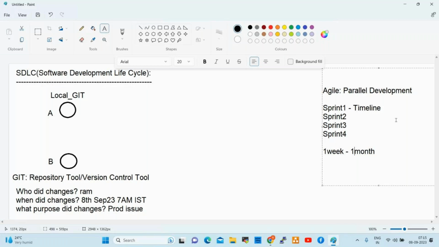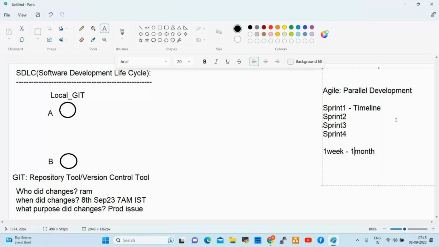So currently we are using Agile. Agile is a parallel development. Parallelly developers develop the applications. For example, one application development is happening in the project. That application will be divided into bits and pieces, which is nothing but sprints.